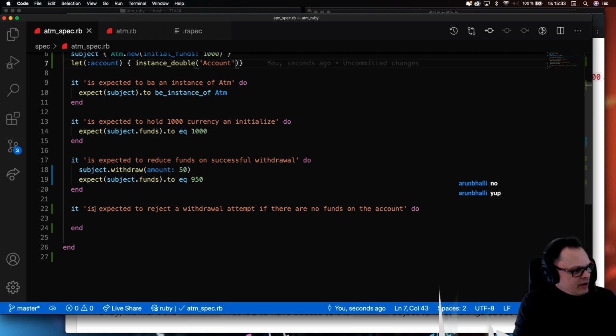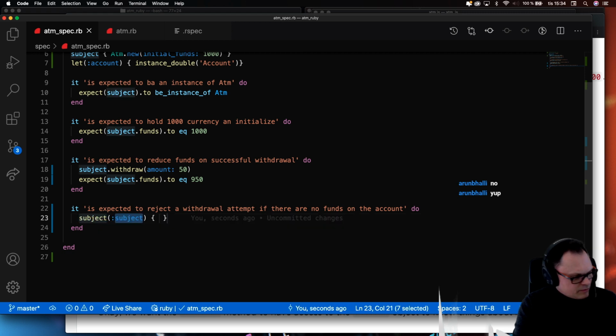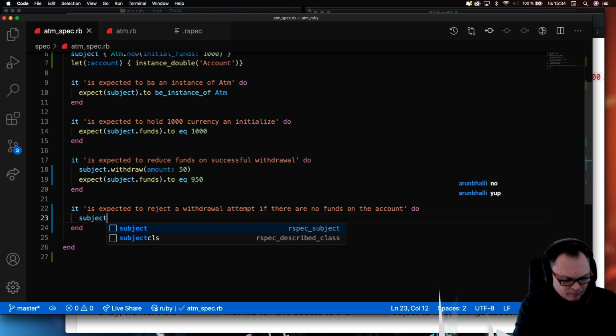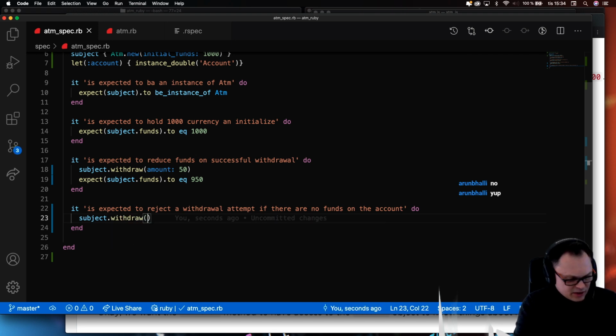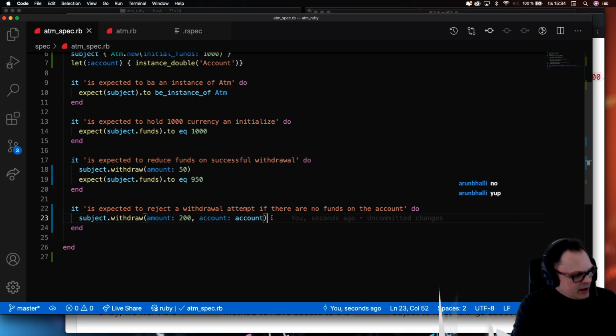And if we do that now, we're going to have to modify the withdraw method to actually make use of that account. So now I want to say subject withdraw. Withdraw, and again I'm gonna pass in amount, and I'm gonna say 200 now in this particular test case, but now I need to pass in this account, right? And I will pass in account,